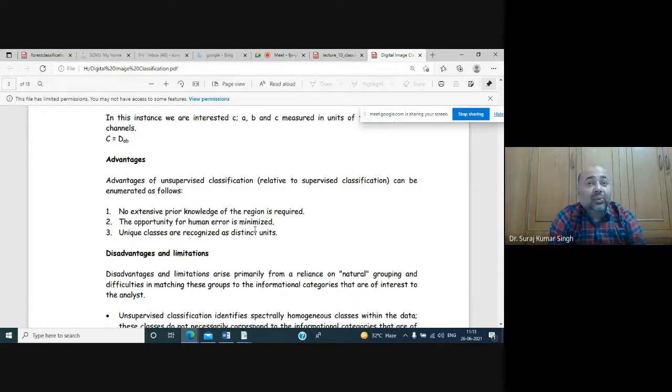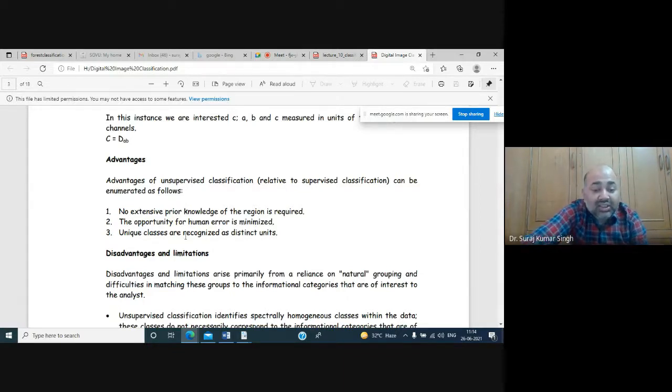So if I provide an image to each and every one of you and say please classify the satellite images using the supervised classification technique, the accuracy of the data sets will be different for different persons. Like for Rishabh it will be different, for Rahul it will be different, for Mosmi it will be different. But if you are going for an unsupervised classification technique, the image is the same, the process, the mathematical equation is the same. So more or less the result will be the same for Mosmi, the same for Rishabh, the same for Rahul.